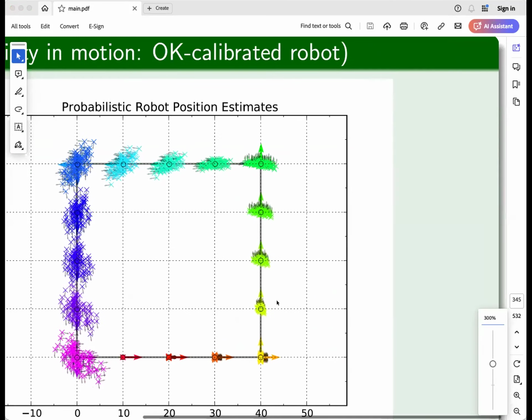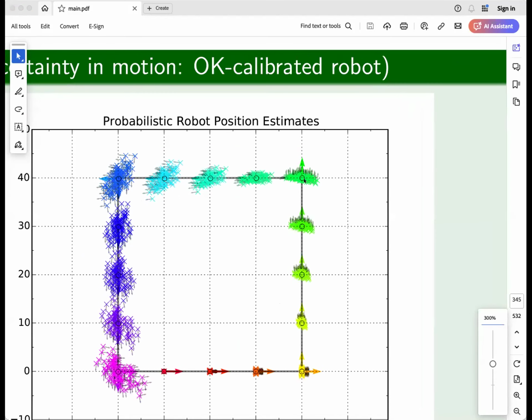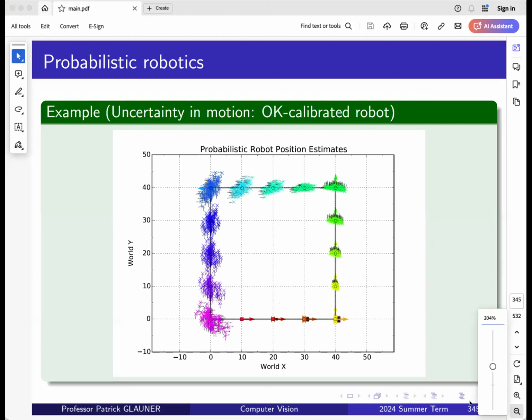And then I want this to rotate. I want these particles again to rotate by 90 degrees and then move them. And I see they start spreading out more and more. And then again, I rotate them and move them. And I will see that by moving 10 meters, 10 meters and 10 meters, so 40 meters, then rotating, move